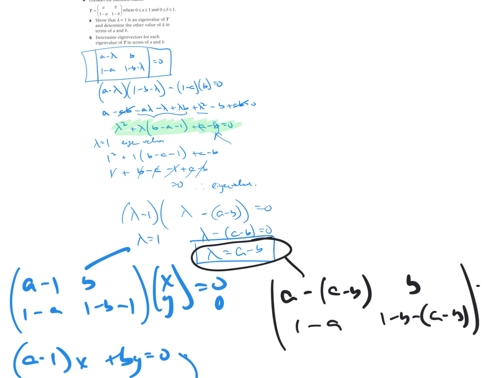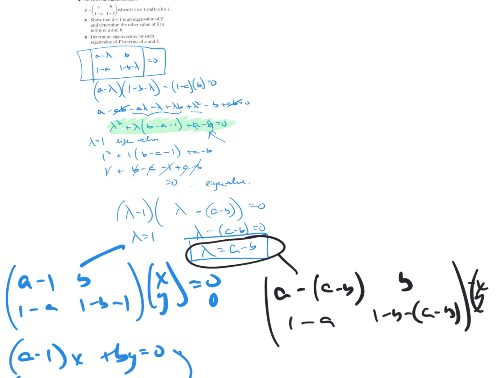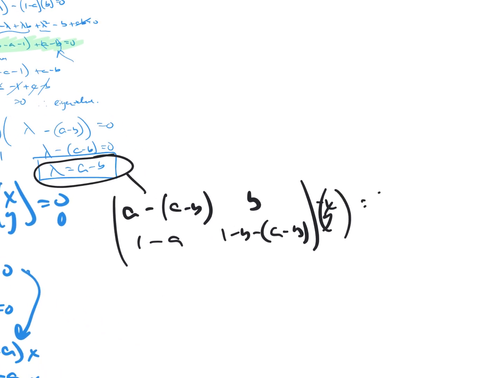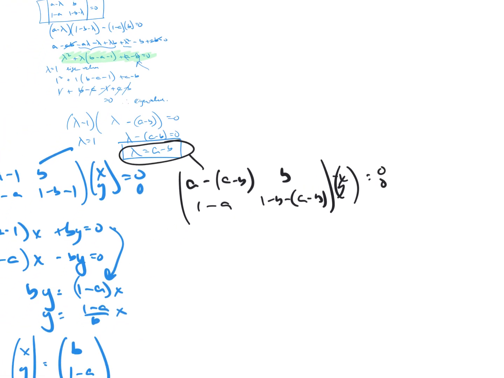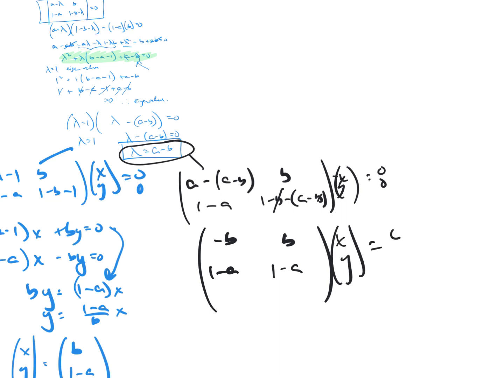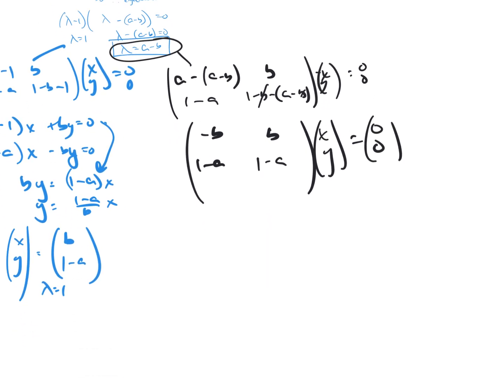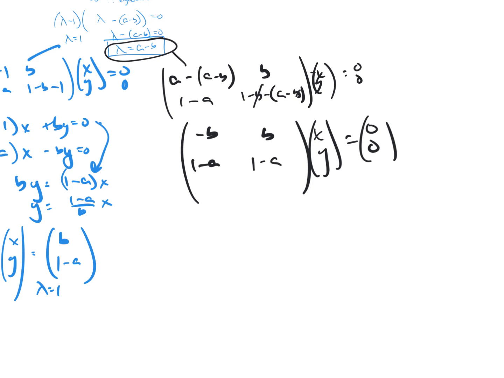And this times (x, y) will be (0, 0). Do some simplifying here. I get minus b, minus b, 1 minus a, the b's cancel and I get 1 minus a times (x, y) equals (0, 0). And so again, I can see, oh, hold on,